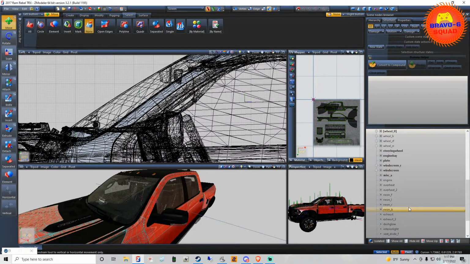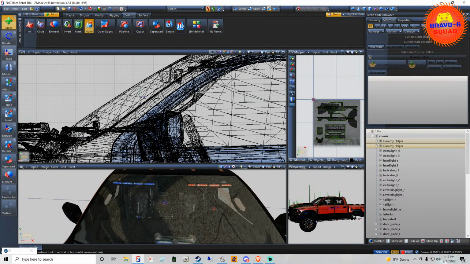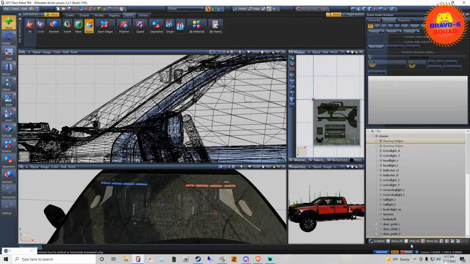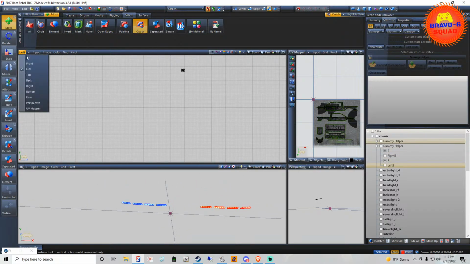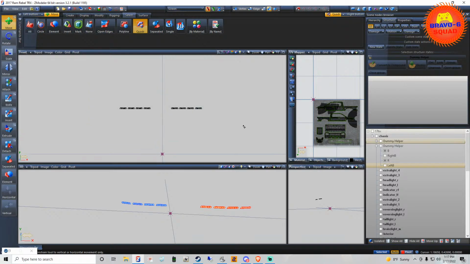So open up your chassis, whatever you want to call it, your hierarchy. Grab these and then throw them under chassis. And then they should light up. And again, if you wanted to prevent what I said was going to happen, which I don't know if you really can because you have to test it, grab the two lights that are causing that issue, go to the front view, do this,